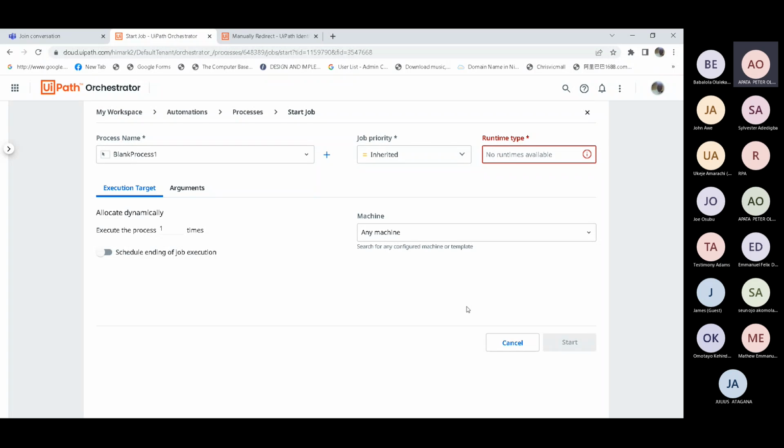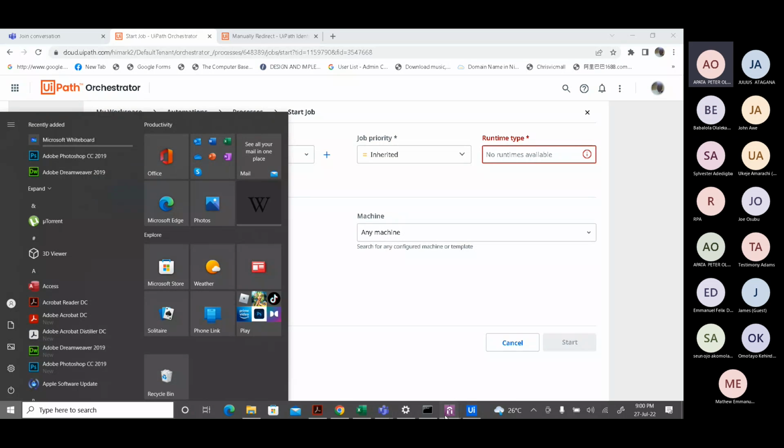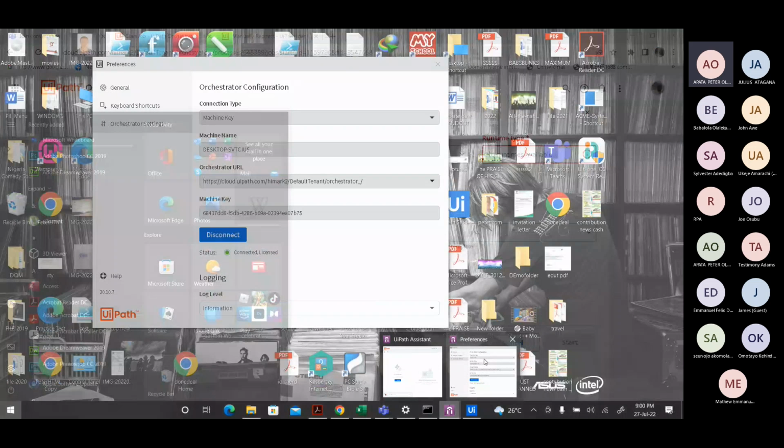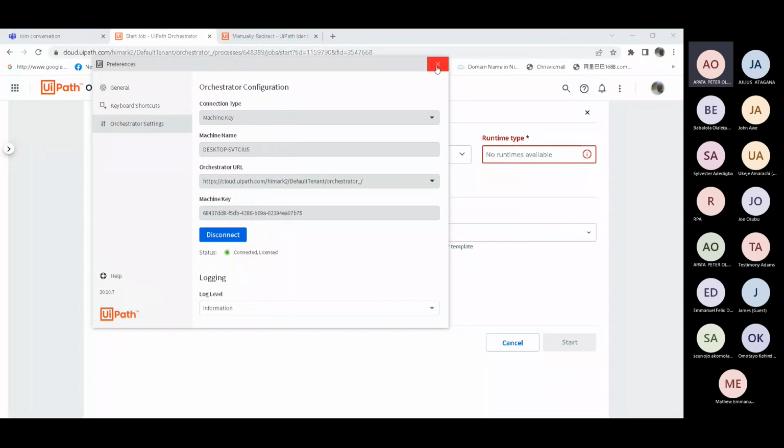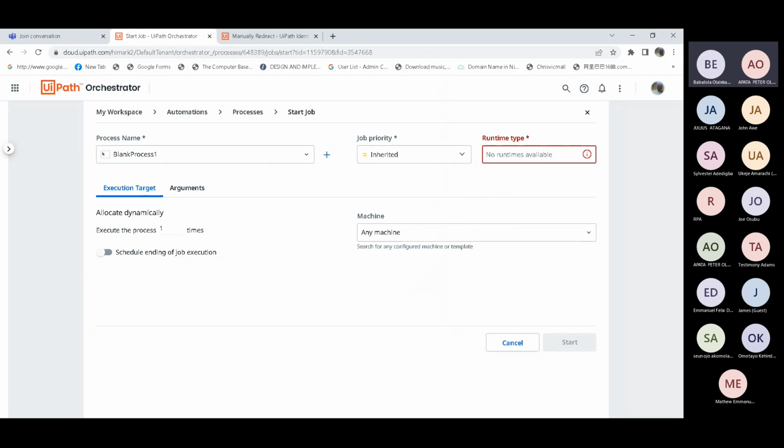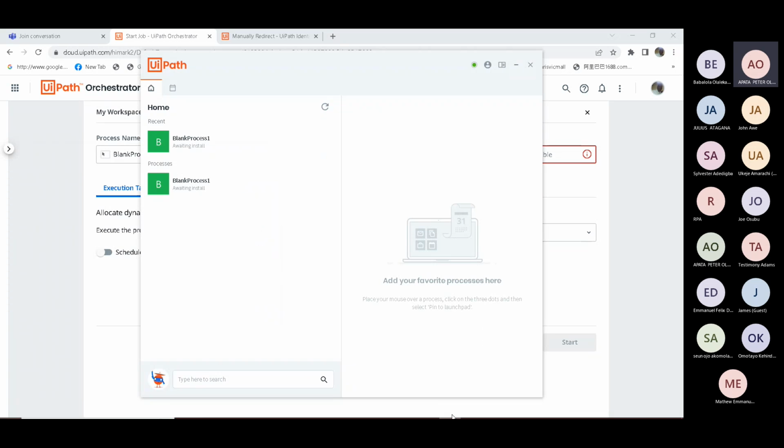Okay, good. So I said you can bring up your UiPath Assistant and let's see the processes that are there now. Okay, and close this. So you have the process. Even right here, you can execute it.